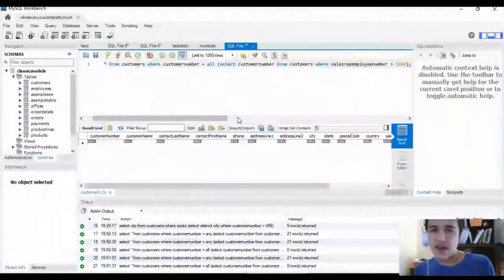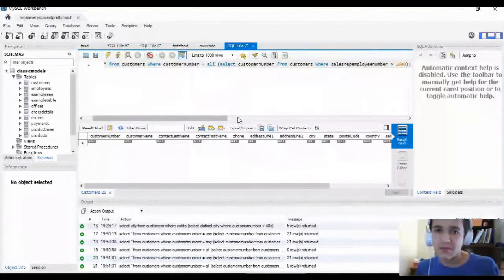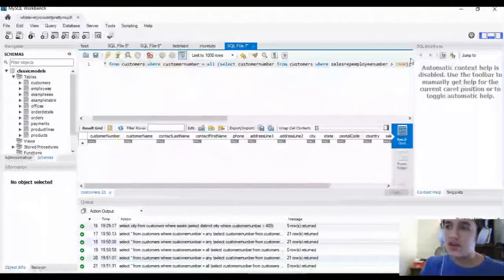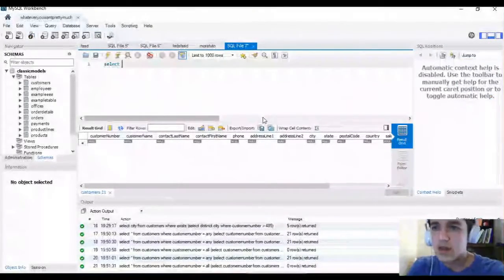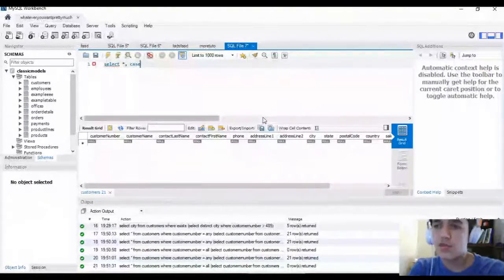Next, I'll be showing you the case statement. Basically what it does is it cycles through certain conditions, and if it meets one condition, it returns one value, while if it meets another condition, it returns another value. So for example, let's say we wanted the word good to be returned if the credit limit was greater than 90,000, while we wanted the word bad to be returned if it was less than 90,000. So what we can do is say select, and then the names of the columns that we want to return. I'll just do an asterisk to do all the columns, and then separated by a comma we would put the